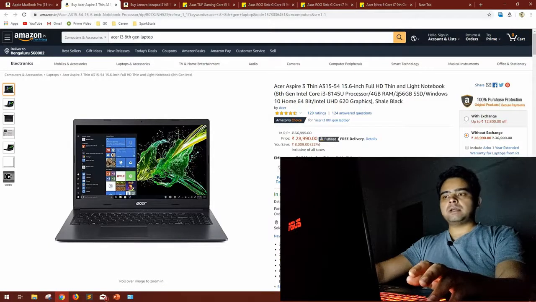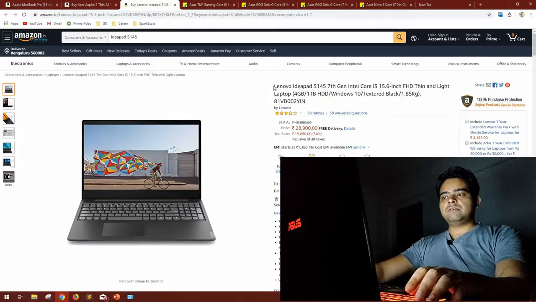So in the budget segment, in my opinion, this is one laptop that can be considered. The second one is Lenovo S145. Do a small research, because this model S145 is available in 8th generation also. Right now I could not find that. I'm personally using that as my secondary laptop, that is i3 8th generation, and this is a full HD which